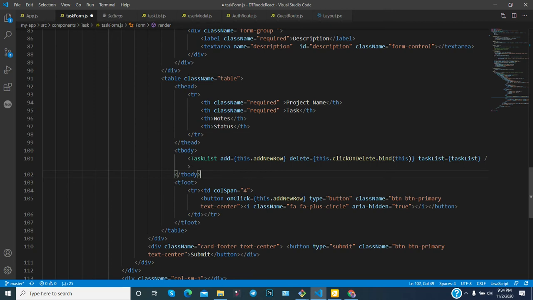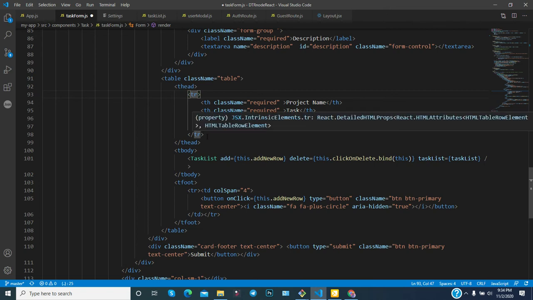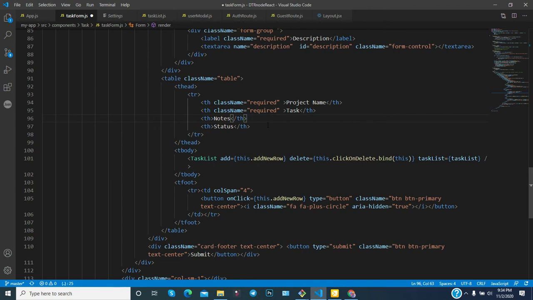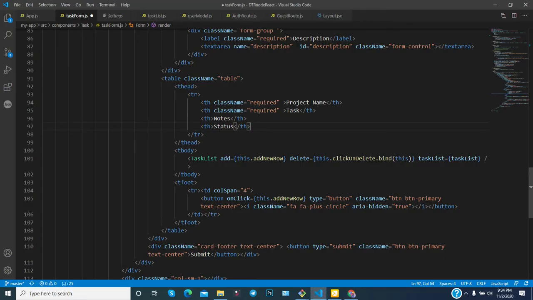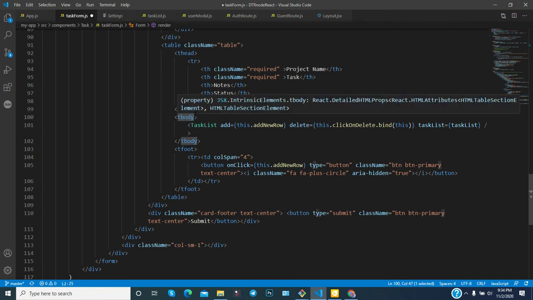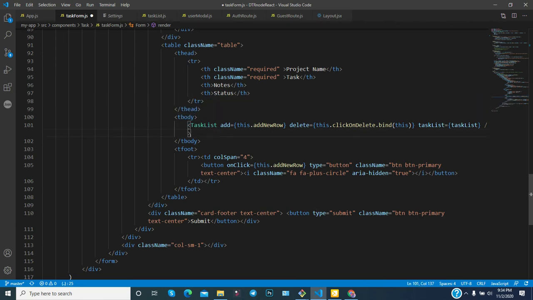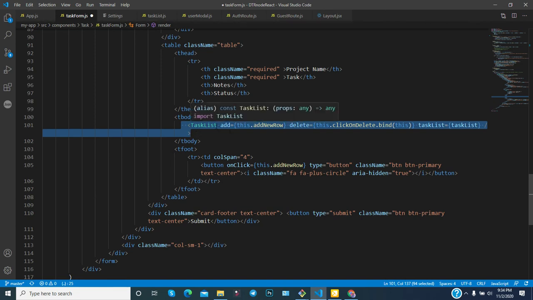Now you can notice that here is the tr. This tr has a th. Th provides a little bit bold letters. Th means table head. You can see thead has a tr and a th. Now project name, task, note, status: you have provided the titles of the columns, so they will be a little bit bold. If you don't want to utilize a component, then you just need to replace this with whatever you have done in this particular component. It is very easy.